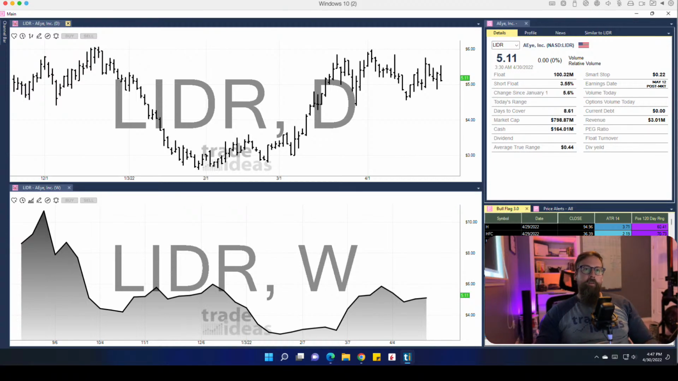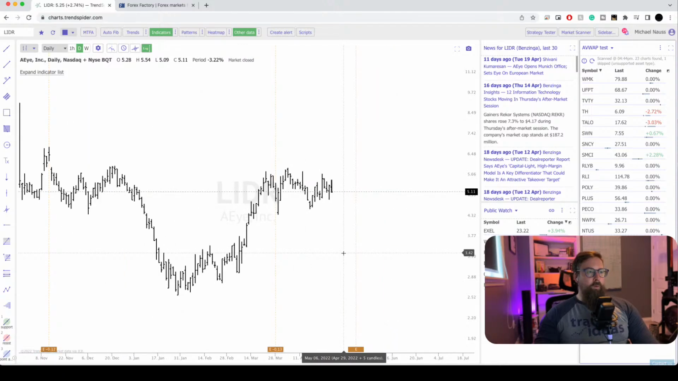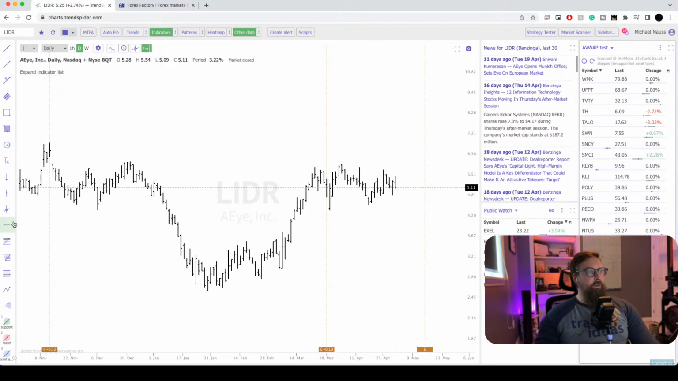LiDAR here is interesting. So we got earnings May 12th. So that's a week and a bit. See, I don't like that, but I do like, maybe I'll add this one just because I like the look of it so much. So this, for anyone who's wondering what a cup and handle would look like, is a very textbook definition of a cup and handle where